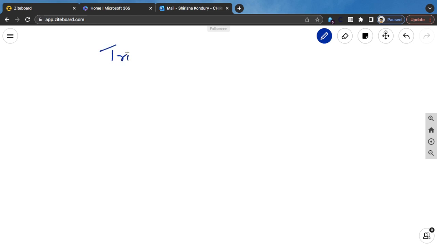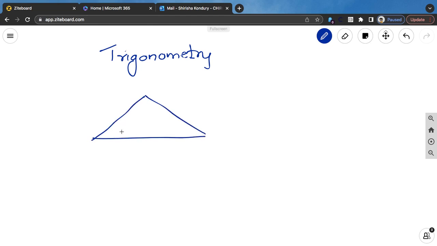We are going to look at trigonometry and all that we have done in class, a recap of it. So let me start with something you already know, an equilateral triangle where all the three angles are 60 and